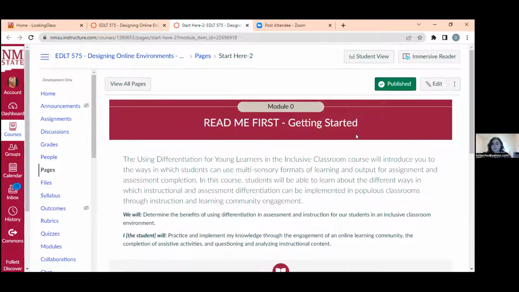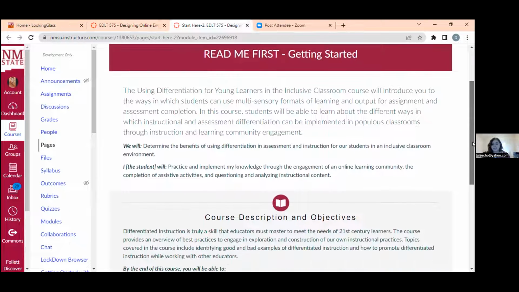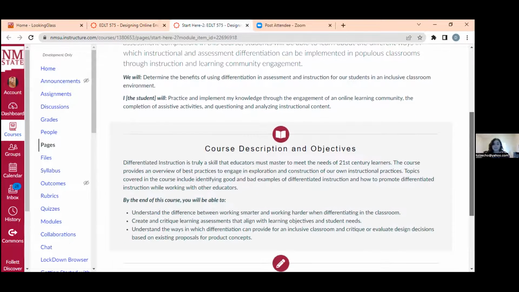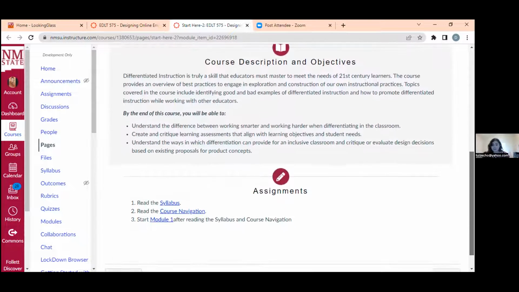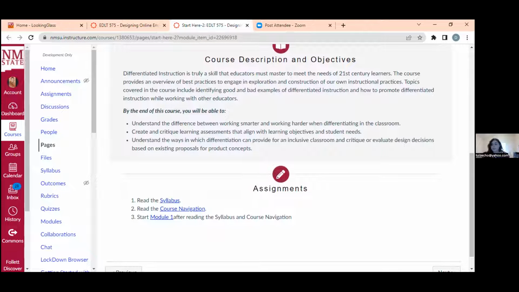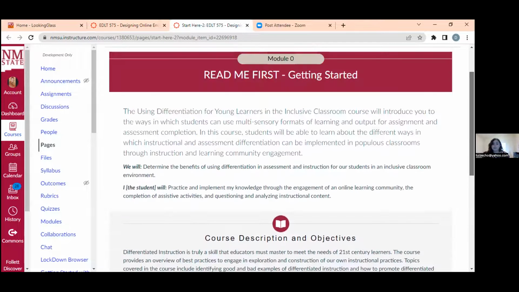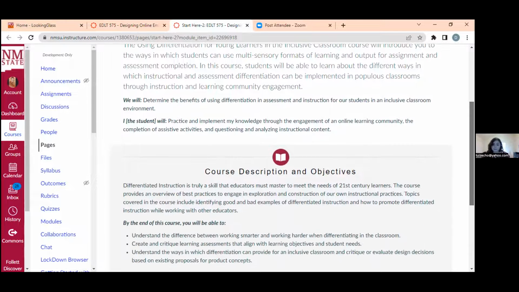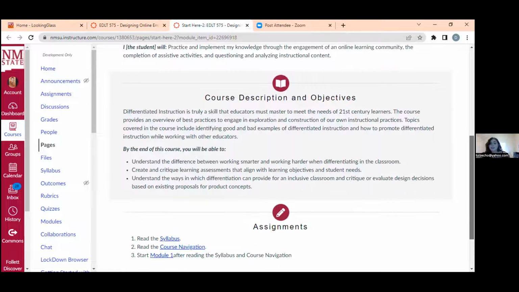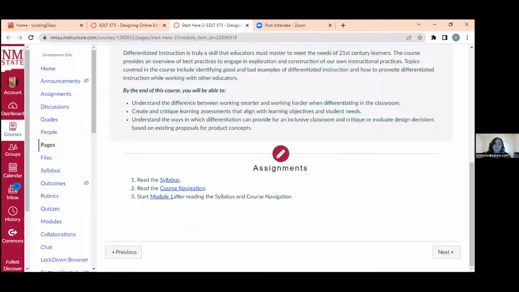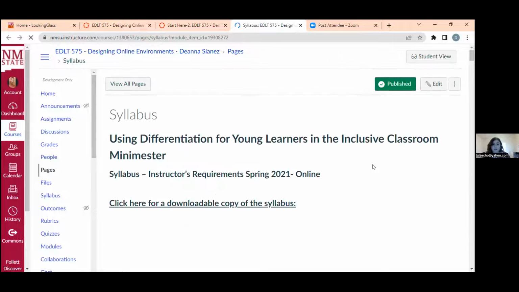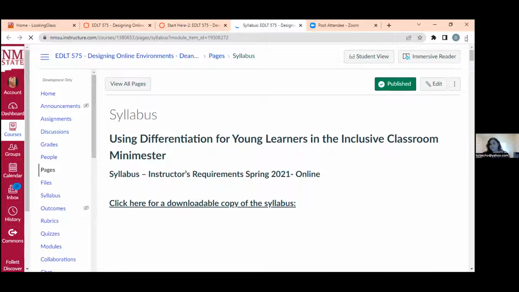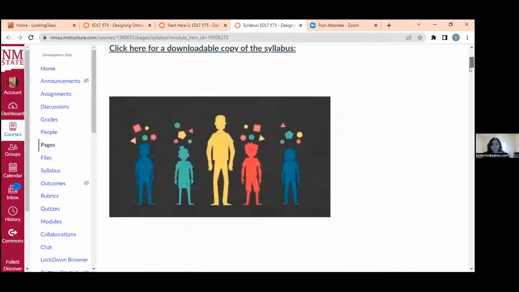And this is part of module 0, which is basically an introduction of the course. They get to learn about what it is that they're expected to do, and then every module follows the same pattern. So in the beginning, they're going to have a read me first, or an objective description. And then of course here you see it. And then they also have their assignments listed for them. So first things first, students will read the syllabus. They can also have it downloaded or online. That's a really good one that I learned from multiple courses.